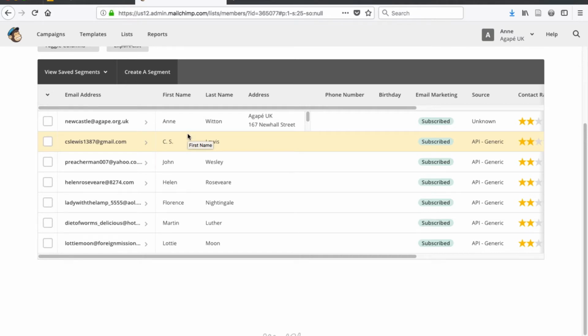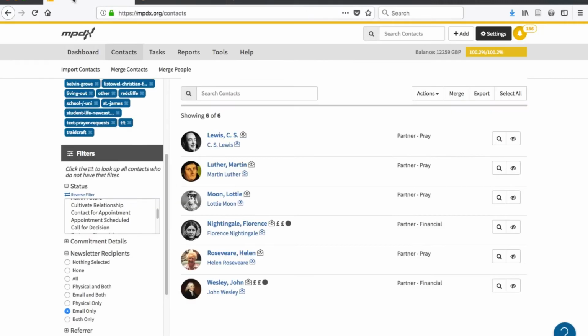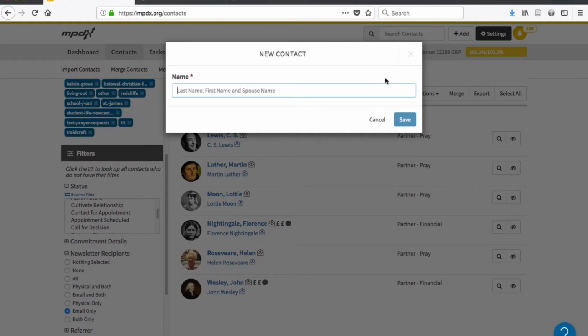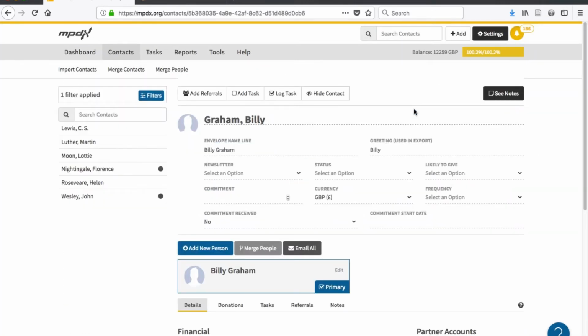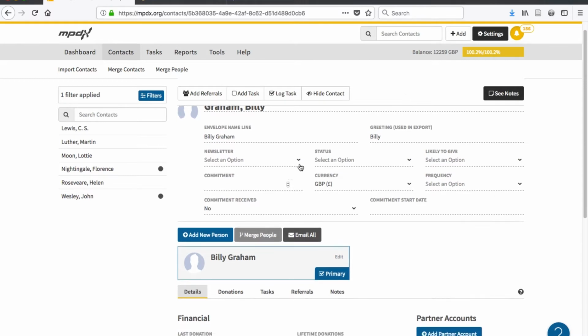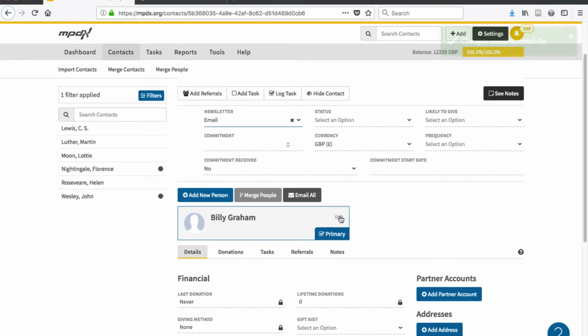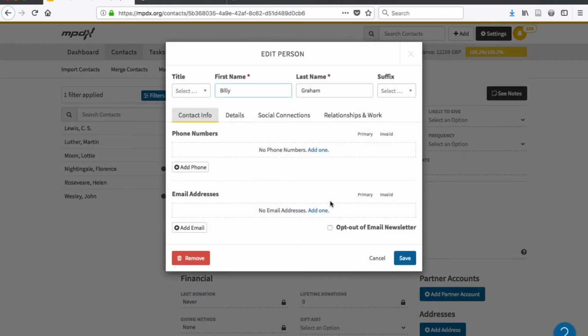So let's say that Billy Graham decided to sign up to my list. So if I go over to MPDX, I need to add him as a new contact in MPDX. So I just click on the add button there, add contact, Graham, Billy, save. And then he's told me explicitly that he would like to get my newsletter, so I change it to email newsletter. And I need to put his email address in, so I go to edit here, add an email address,